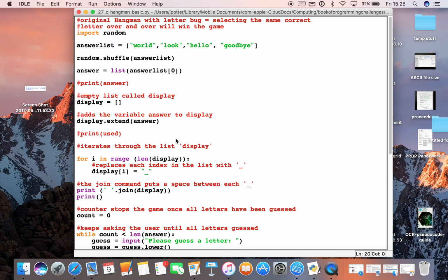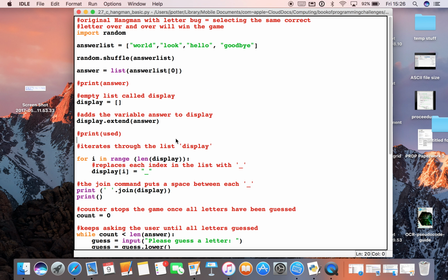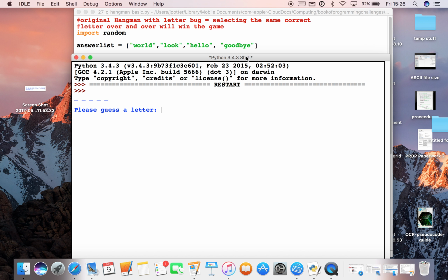So we're going to have a look at how to make a hangman game here, and this is a fairly reasonably straightforward one. First what I'll do is I'll play the game so you can see how it works. I've got a list up here of 4 words, and the game will pick one of those at random and it will change each letter to an underscore. So 1, 2, 3, 4, 5. We've got 5 letters, and it'll ask me to guess a letter.